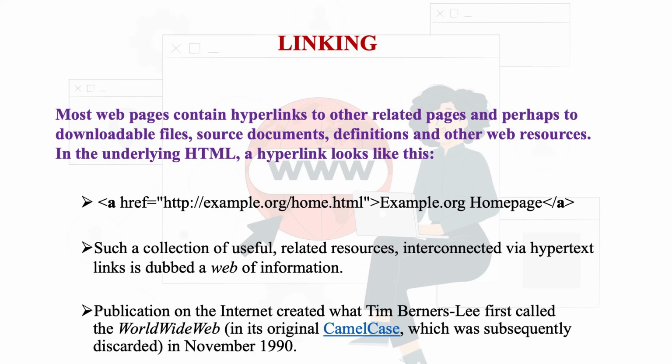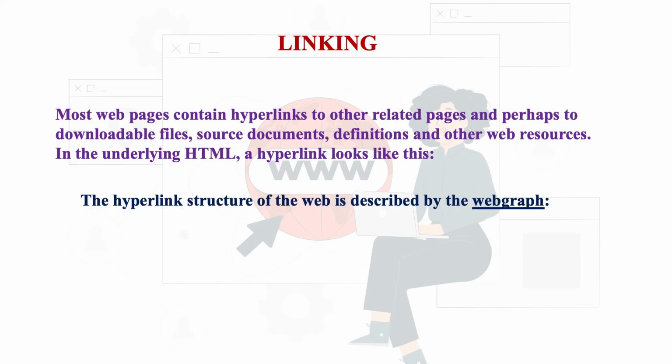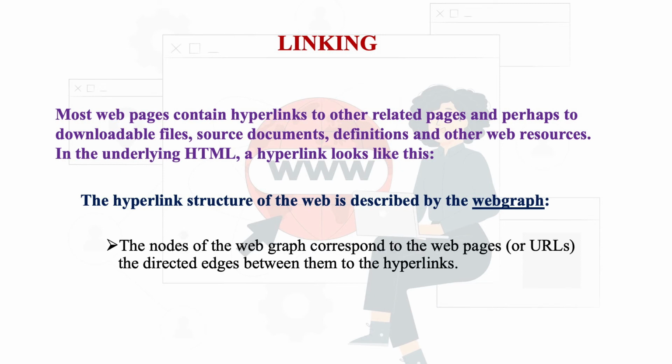Publication on the internet created what Tim Berners-Lee first called the World Wide Web in its original camel case, which was subsequently discarded in 1990. The hyperlink structure of the web is described by the web graph. The nodes of the web graph correspond to the web pages or URLs, the directed edges between them to the